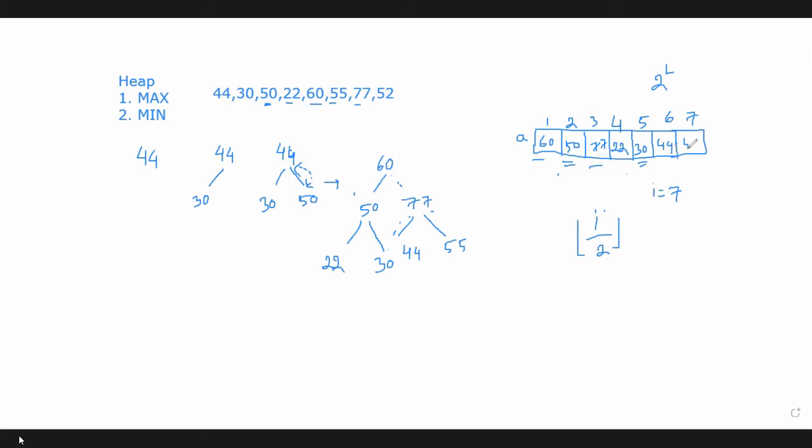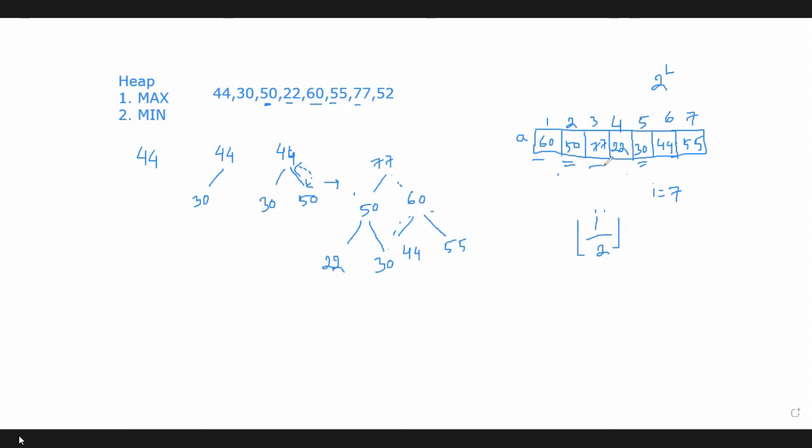Okay, so now again look at the tree. Is it a max heap? No, because 77 is greater than its parent node. Again, these two nodes should be changed. So now 77 will be the root node of the tree, and we can insert 60 as the right child of 77. This is 60. Again, change the sequence of the nodes in the array.